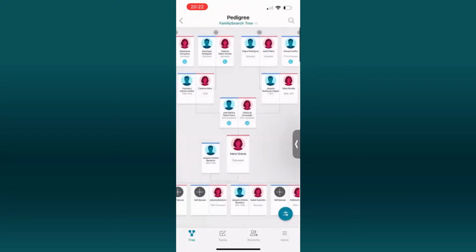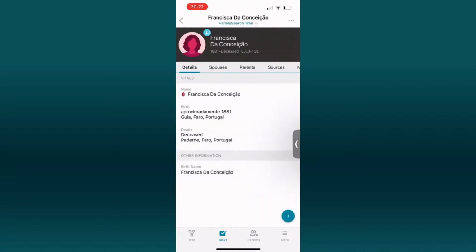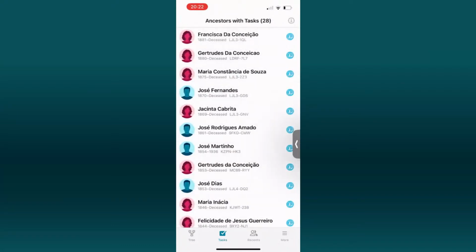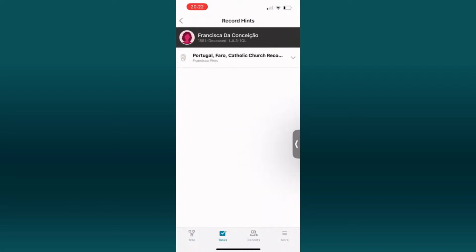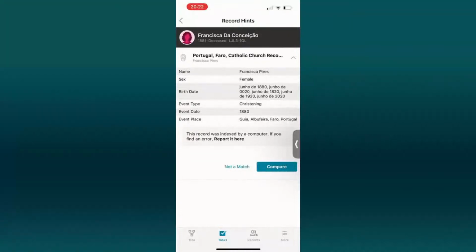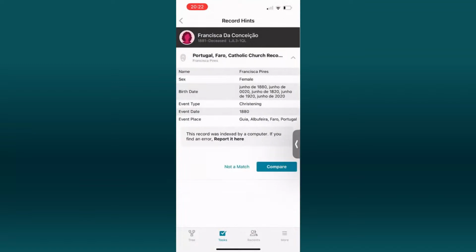So now let's go back, and now we go to tasks. Let's go back to the bar down below. And here you have a list of people in your tree that have tasks. So you can just go here, select someone, and the tasks will be shown with this blue icon. So I just clicked on the icon and it will show me the hints that it wants me to see. So I can just say, no, it's not a match, and explain why and say I'm done, or I can